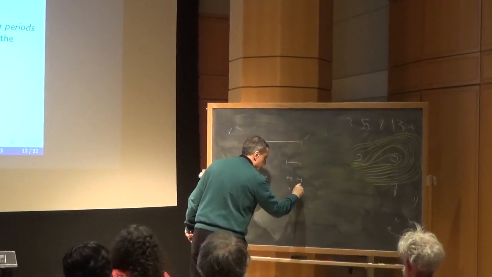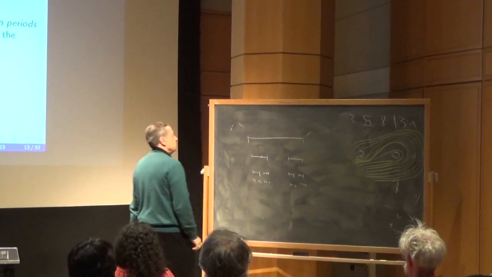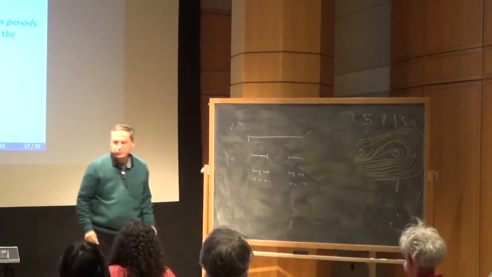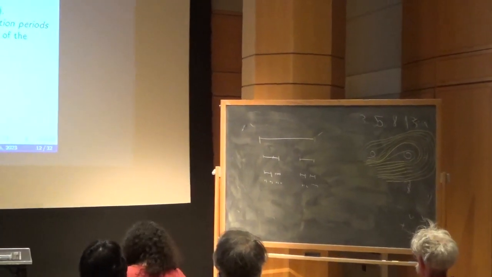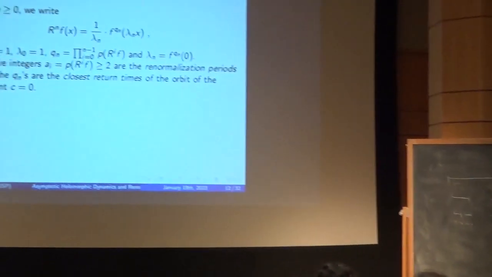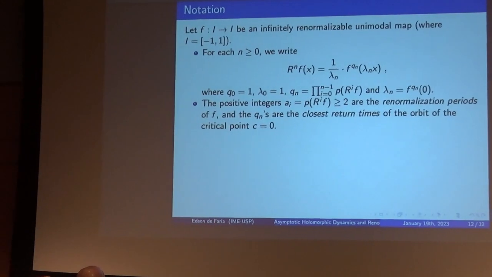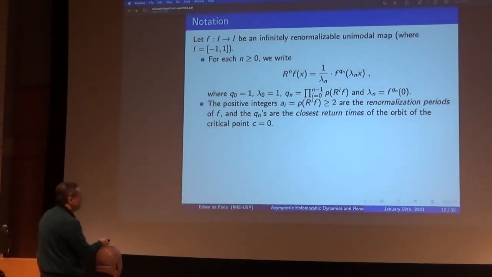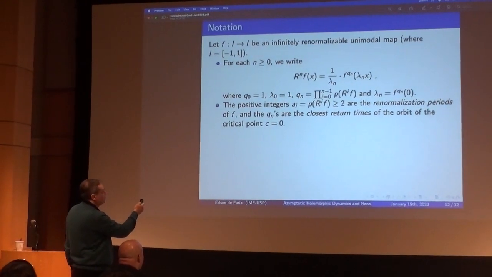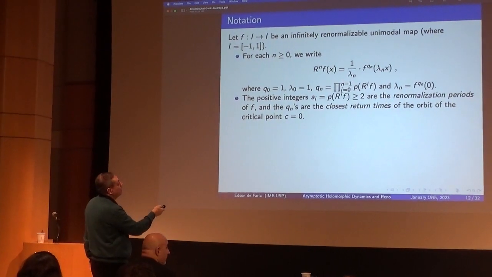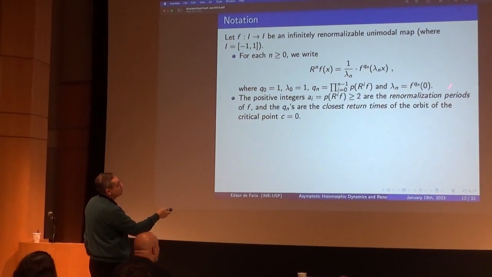I'm very bad at drawing, but anyway, okay? And you keep going. And you sort of suspect that you're going to get a Cantor set, right? But you need to prove that. And Dennis was the guy who proved that. So anyway, there's a notation. If you look at the nth renormalization, you can write it like that, where the scaling now, the scaling is